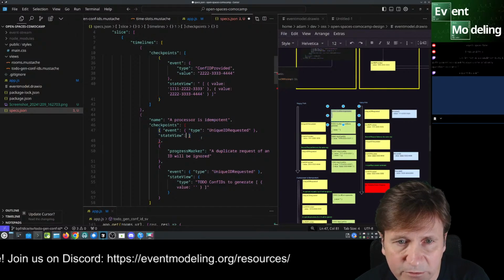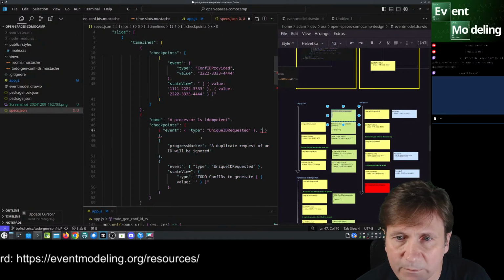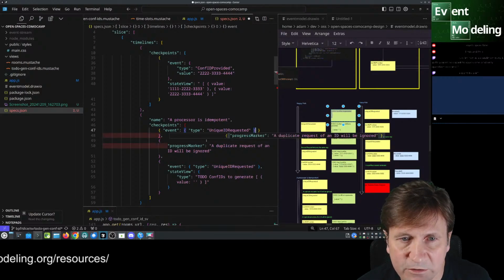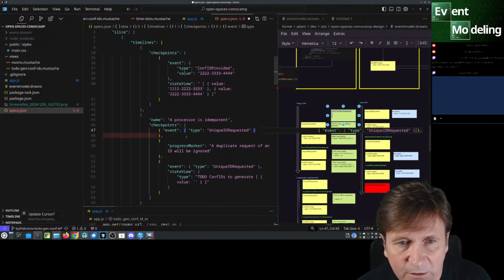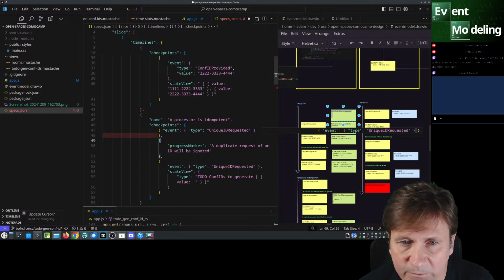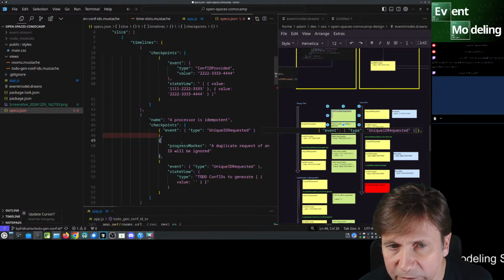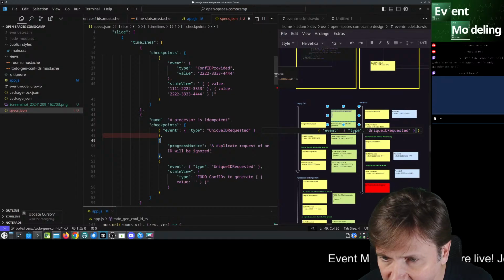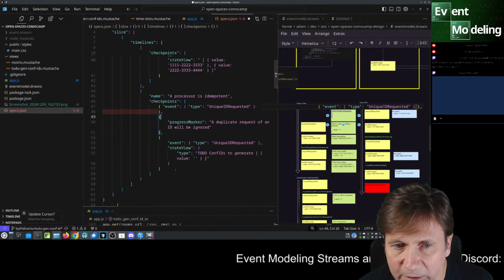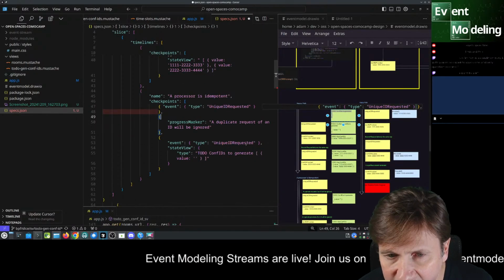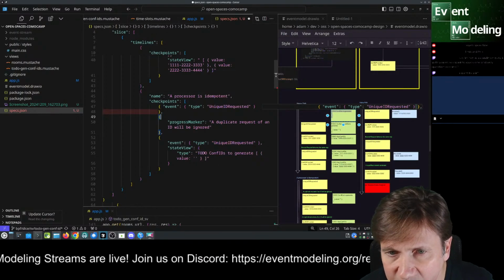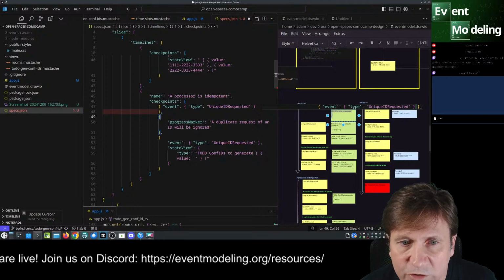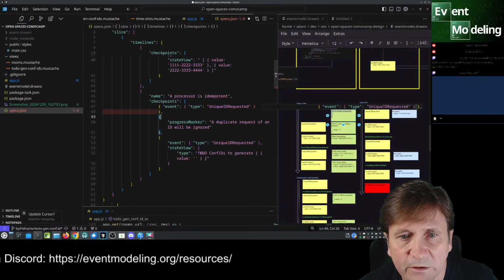So actually I don't want to have that. I want to show that it just is that and nothing else. And then we do have a progress marker. Duplicate will be ignored. And then we have this unique ID is requested again.